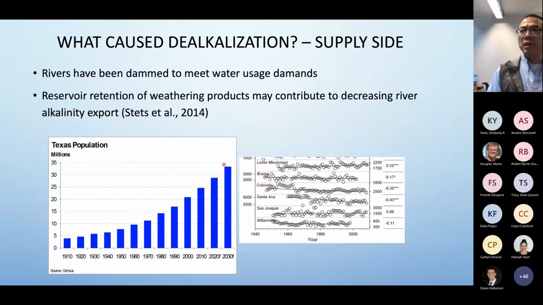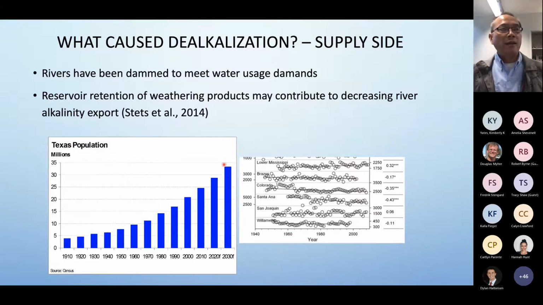If you have been to any of the western states, look at the reservoir: if the water level is low, the wall of the reservoir is coated by white minerals, and that's mostly calcium carbonate. Forming calcium carbonate actually consumes alkalinity. So if you keep the water in the reservoir for long enough, it will reduce the level of alkalinity in that water. Once the water flows down the river channel, you're going to get less alkalinity compared to what it had in the beginning.